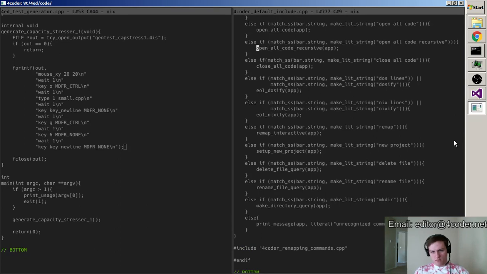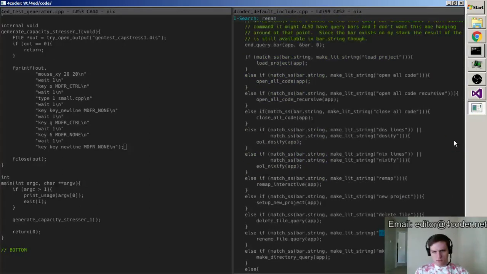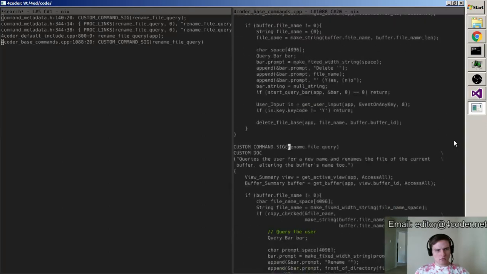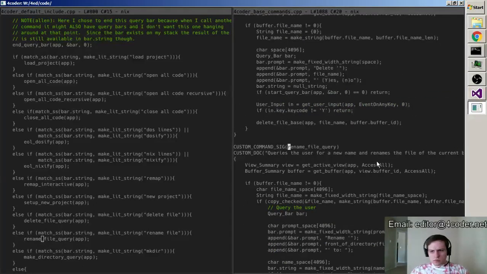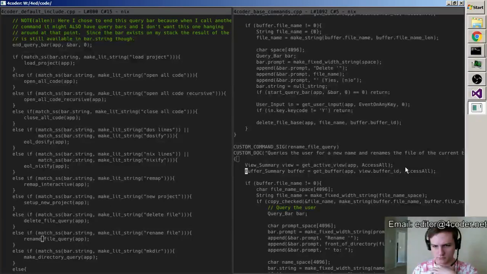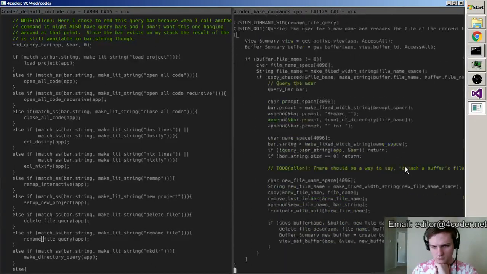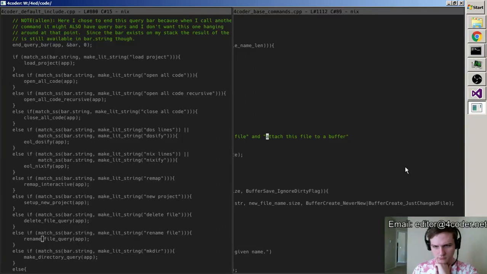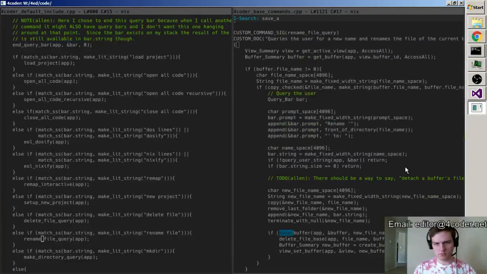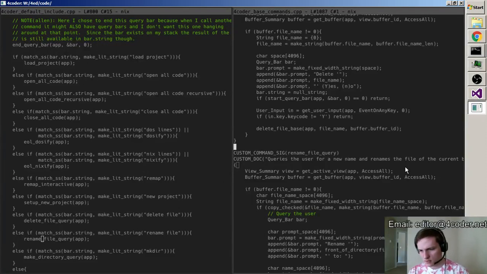Rename file, what does that do? Rename file query. Okay, I don't think save as is an option, which means it